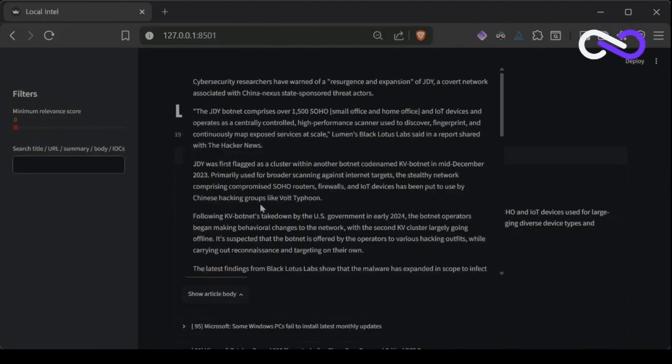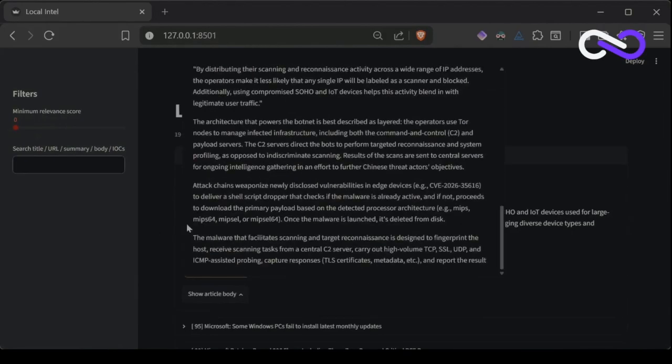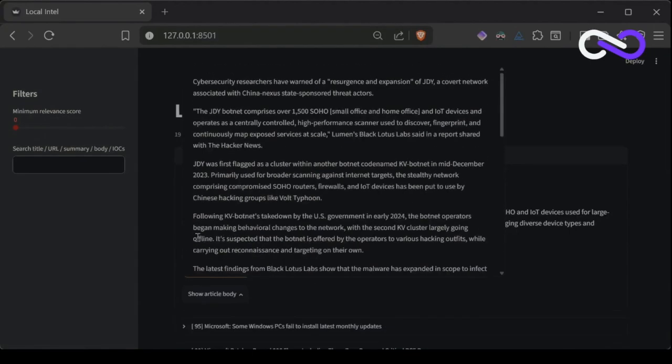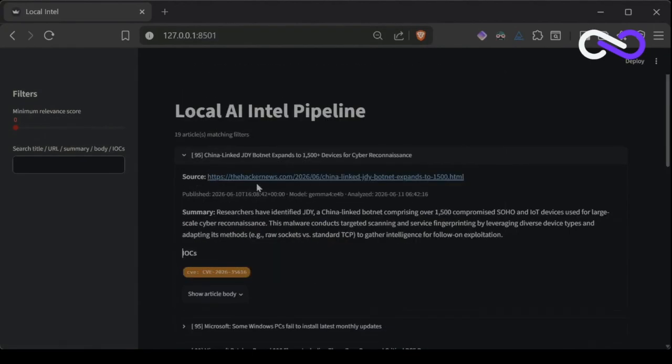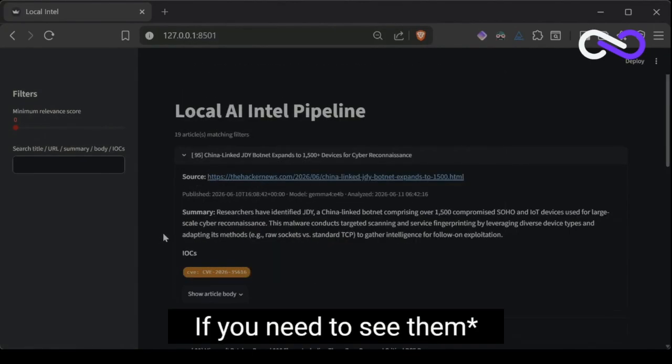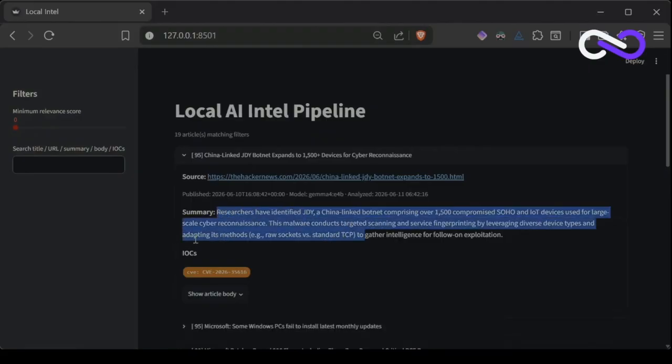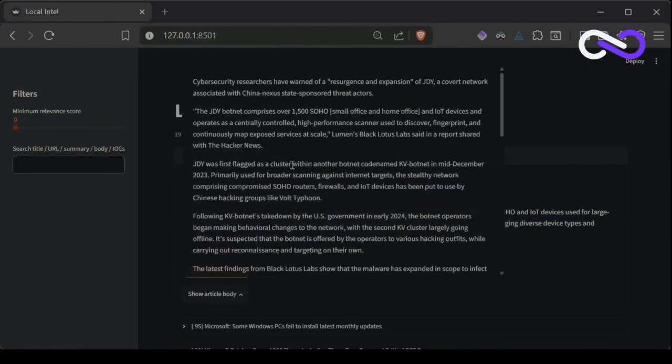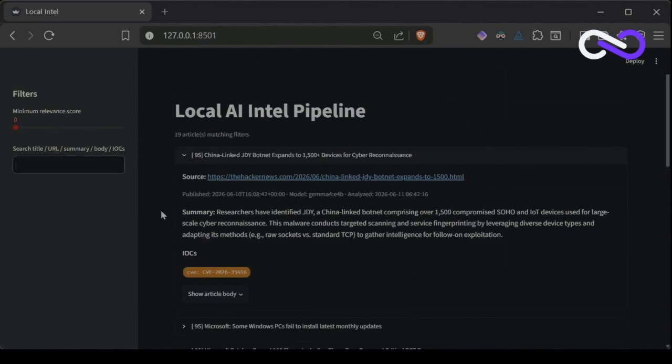This is essentially what it's going to look like. You can click here, you can see the article body. And then if this isn't enough, you're not pulling inline screenshots. So that's something to take note of, right? A lot of these articles might have inline screenshots. If you don't see them, you just click into the article and you can check it out. But for the most part, the summary, the IOCs, and the body text here is usually more than enough to